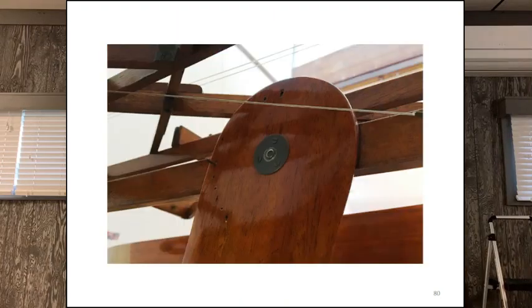Next slide is slide 80. We're looking at the starboard side of the centerboard there, and you can see the little pin that comes through the